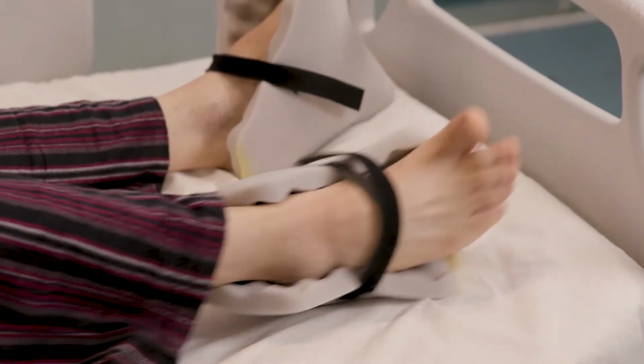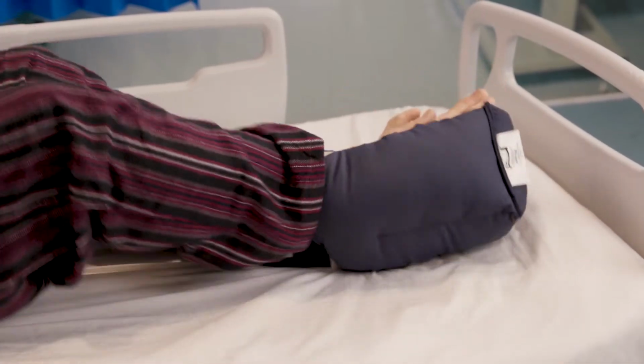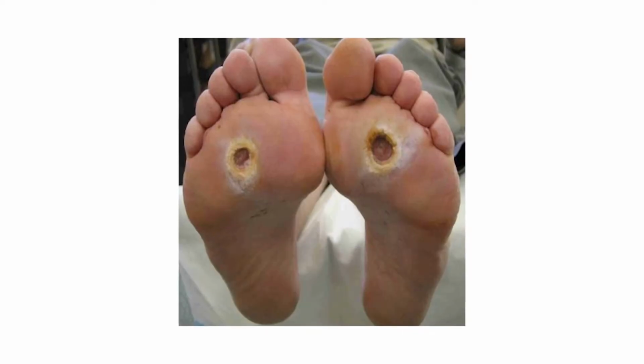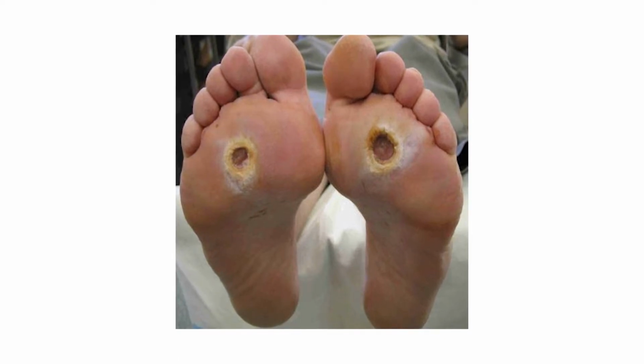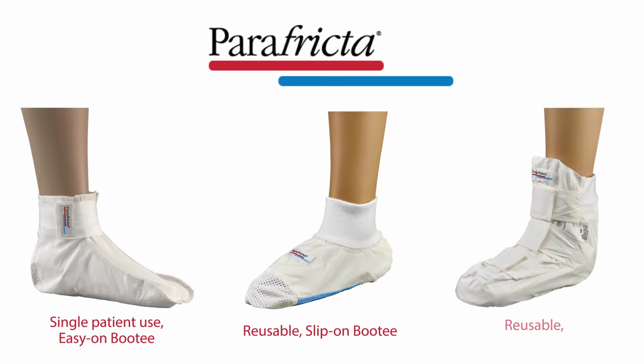Do you have patients who, despite your best efforts to get them to use an offloading or immobilizing boot, simply won't, or find it too uncomfortable? Lastly, do you have patients who are at very high risk of pressure ulcers, for example diabetics, people with very fragile skin, or who are nearing the end of life? Well, we'd like to show you that a better solution to some of these issues can be Parafricta low-friction fabric